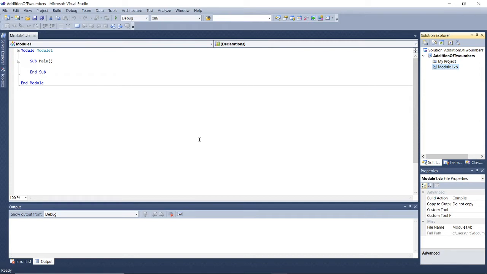Now here I want to write a program to carry out addition of two numbers. How to write that program? First of all, you have to declare three variables. How to declare variables in Visual Basic?